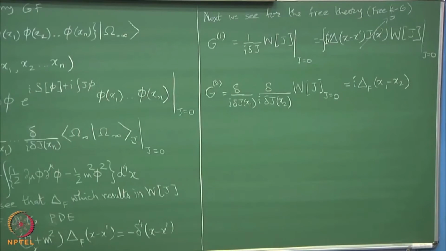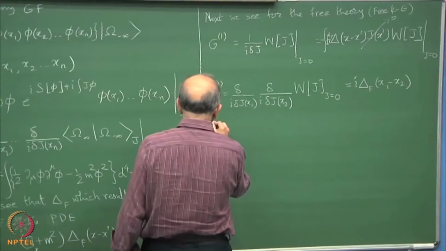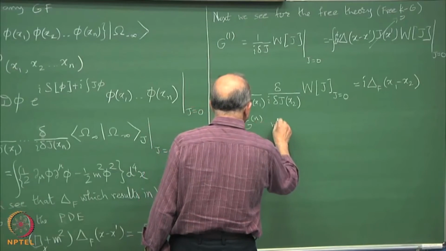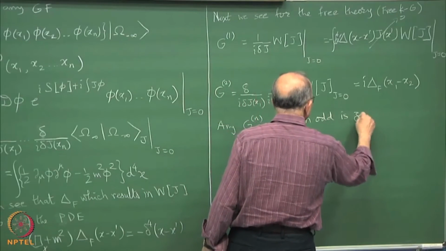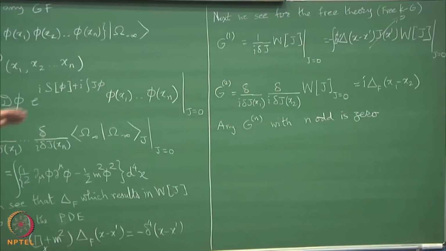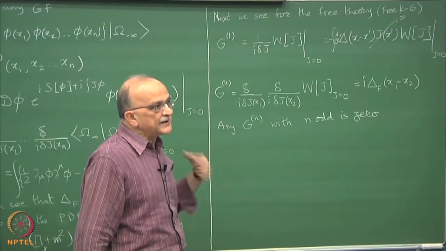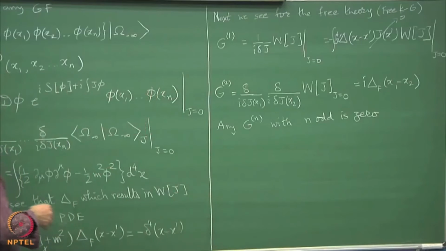So now we calculate delta, the G4, by the same method. So we can see that G3 has to be 0, any odd G. Now the point of doing this exercise is that we begin to see the particle interpretation of this big formalism. We have plugged in a field phi into the action,